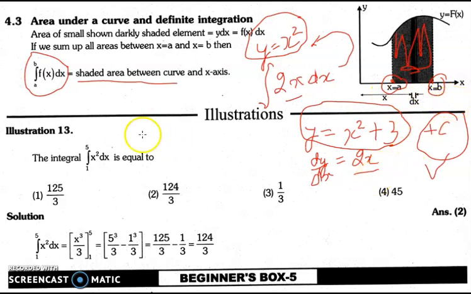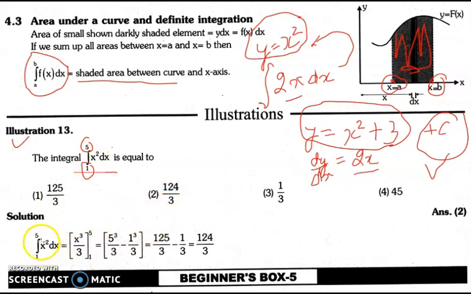Let's try to solve this with an example. This is the case. We have to integrate this thing, x square dx from 1 to 5. 1 is known as the lower limit and 5 is known as the upper limit. You can note down in your notebooks as well. 1 is the lower limit in this case and 5 is the upper limit. Okay, so these are the options given to us, 125 by 3 and these are the options that have been given to us.